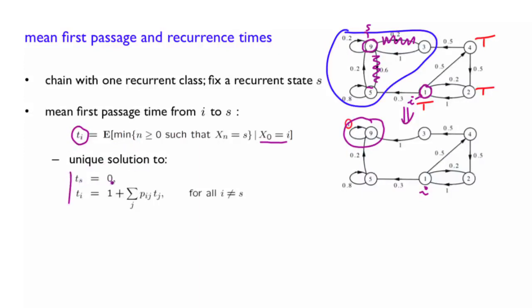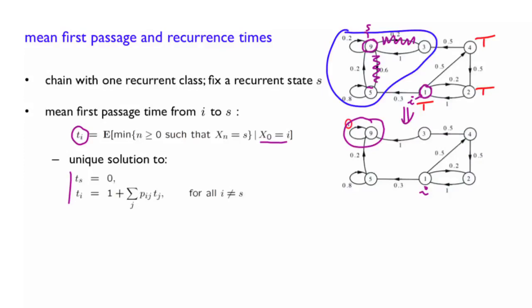So this is going to be the unique solution to this system. T of s equals 0, of course, since you start from s, you are in s, and so the amount of time it takes to get to s is 0. And otherwise, for all the other states that are not s, this is the resulting system of equations that we have. And the unique solution of this system gives you the result of finding the expected amount of time to go to the absorbing state s. So using this simple trick, we have been able to use the previous calculation to calculate something else.